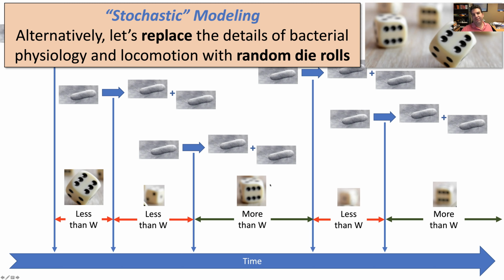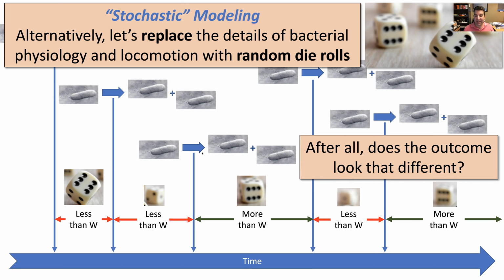But what if I just rolled a die and I say got a 6 here, and I said, well, I'm going to multiply whatever number I get here by 10 seconds. So then this becomes 60 seconds. Then over here I got a 2, so this becomes 20 seconds. And over here this is another 6, so this becomes 60 seconds. What if I just generate these times by rolling these dice over and over again? Would I get something that looks much different? If I get the right die, maybe bacteria tend to reproduce, maybe there's only a few that reproduce at very short time intervals, and most of them are longer time intervals.